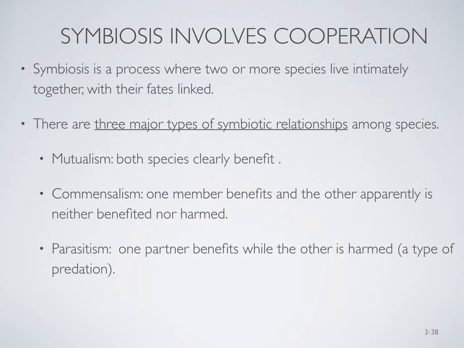Commensalism is a type of symbiosis in which one member clearly benefits, and the other apparently is neither benefited nor harmed. Many mosses, bromeliads, and other plants growing on trees in the moist tropics are considered commensals. These epiphytes are watered by rain and obtain nutrients from leaf litter and falling dust, and often they neither help nor hurt the trees on which they grow. Robins and sparrows that inhabit suburban yards are commensal with humans. Parasitism, a form of predation, may also be considered symbiosis because of the dependency of the parasite on its host.